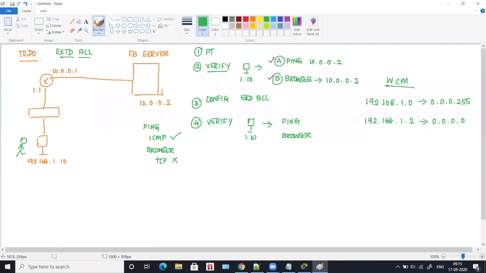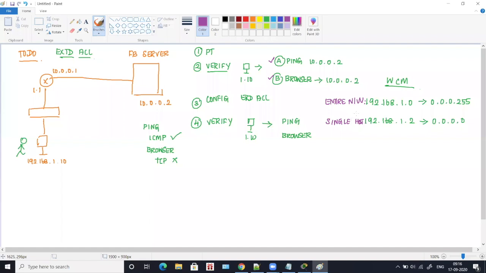So if it is an entire network, it is 0.0.0.255, and if it is a single computer or a single host, then it is 0.0.0.0. You have to remember this. For all other configurations we have seen earlier, wildcard mask is the inverse of subnet mask.